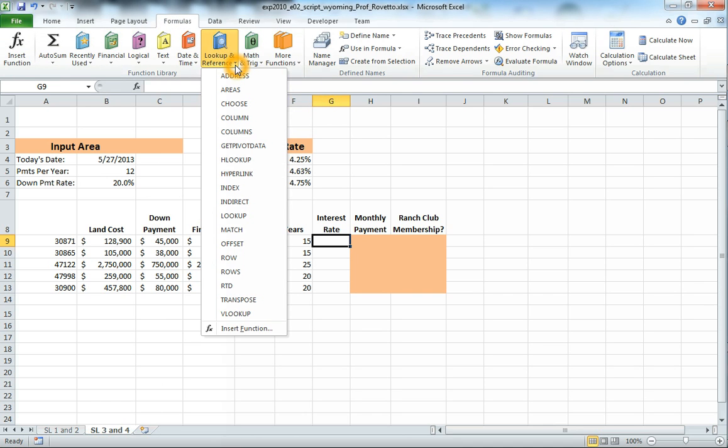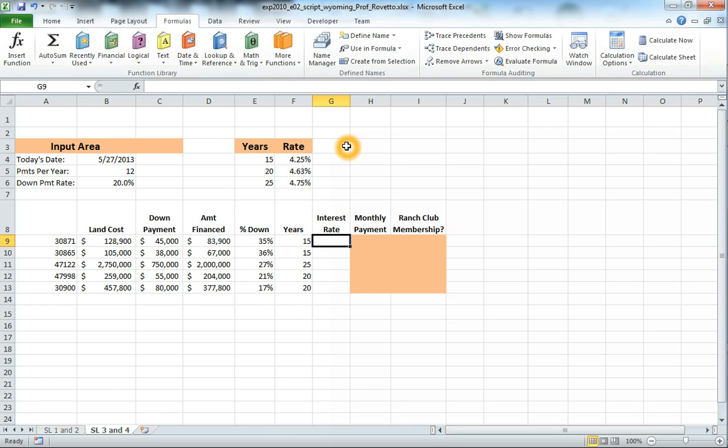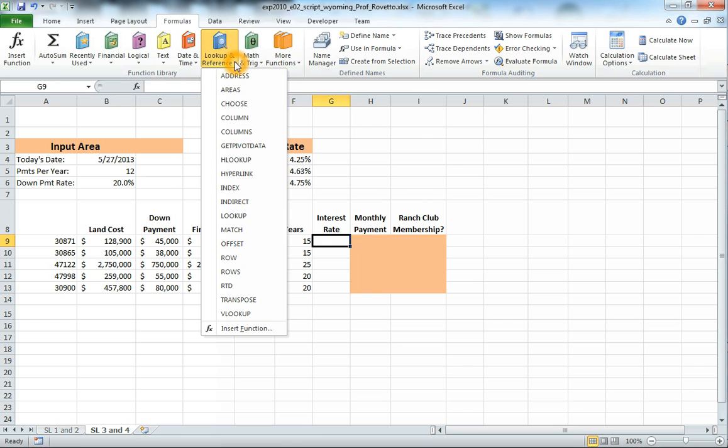So I'm going to look here. Now, let's start off with this way. There's two types of lookup functions. One is a VLOOKUP, the other is an HLOOKUP. A VLOOKUP will look for data stored in columns. An HLOOKUP would look for data stored in rows. So I'm in the cell where I want the rate to appear, and I go to lookup and reference